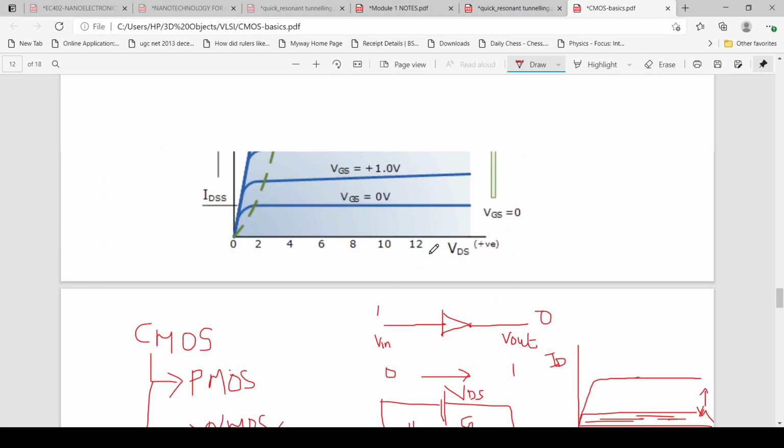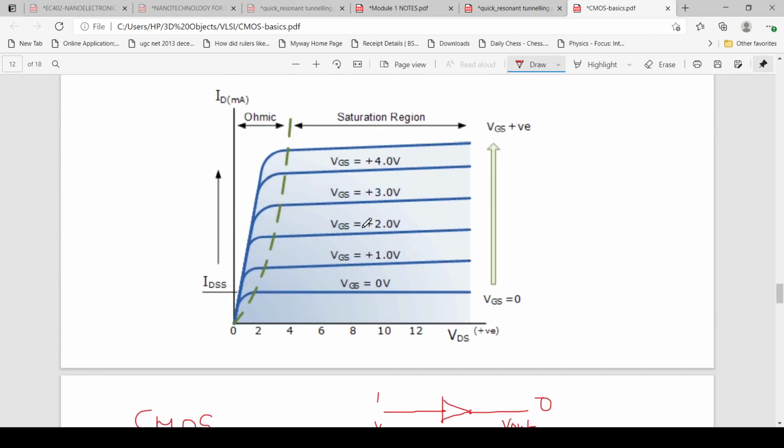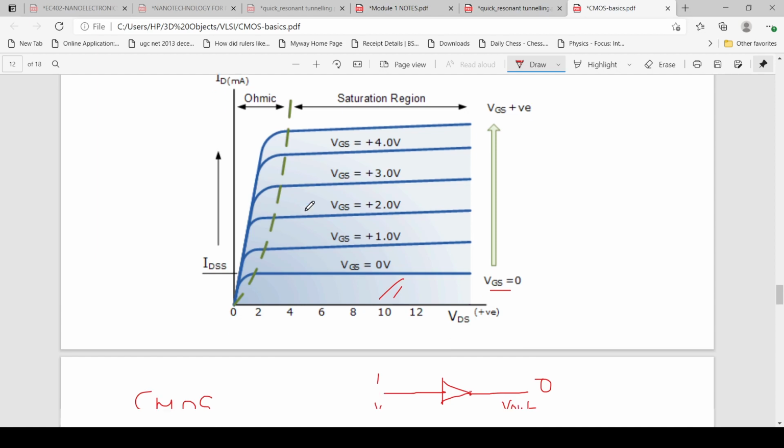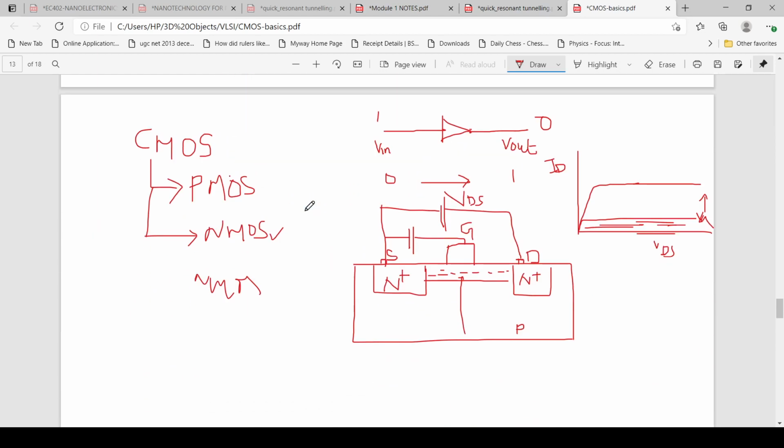This graph shows a clear picture of the current. When VGS equals 0, there will be no current. When we start to increase the VGS, the corresponding current will be more. So at 1 volt, the current will flow like this. For 2 volts, the current is more and follows this curve. And for 3 volts, the overall current is more. Why? When we increase VGS, the channel resistance will be low. There will be more electrons, and that way we can get more current between the source and the drain region. So this is the working of the NMOS circuit, and the working of PMOS is just the reverse of that.